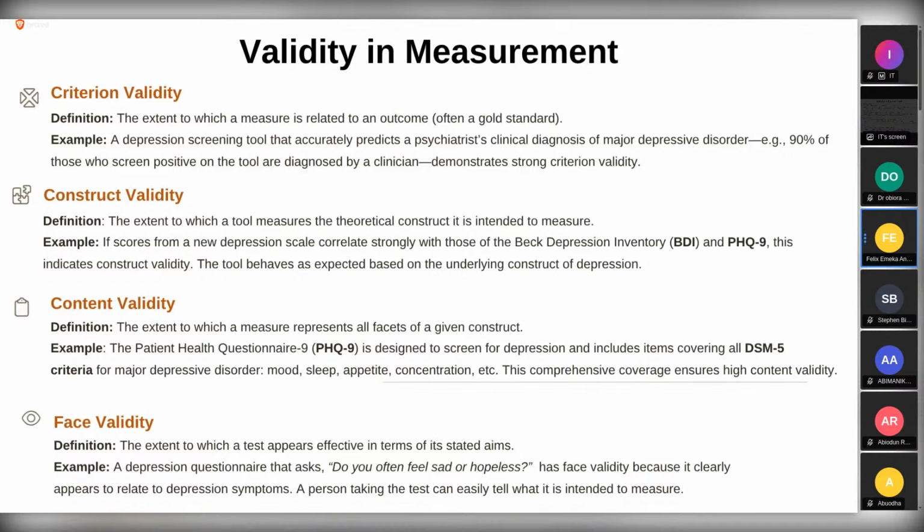So before you go ahead with designing your own tool, please check if there's already a validated tool out there to measure the research outcome that you're interested in. If there isn't, then fine. You can go ahead and design your own questionnaire. But you're going to be validating it, and you're also going to be doing reliability tests as well. So the process can be lengthy, but it can be done.